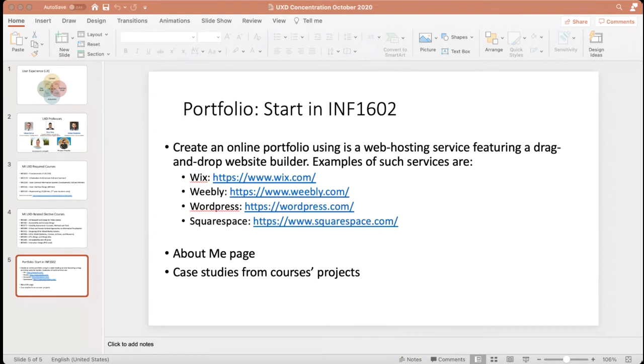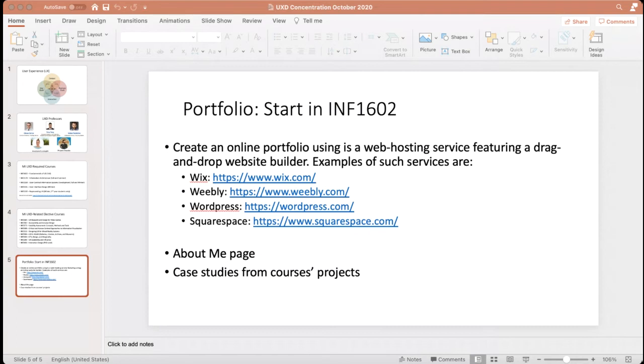I encourage an online portfolio. Some people don't want it. They want a PDF portfolio. That is fine too, but I do encourage online, much easier to send to employers. There's a basic URL that you can add to your CV, or even some HR systems' job applications. They ask, as part of the application process, for the URL for your portfolio so often.